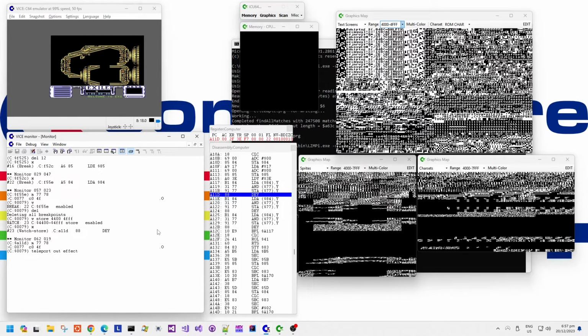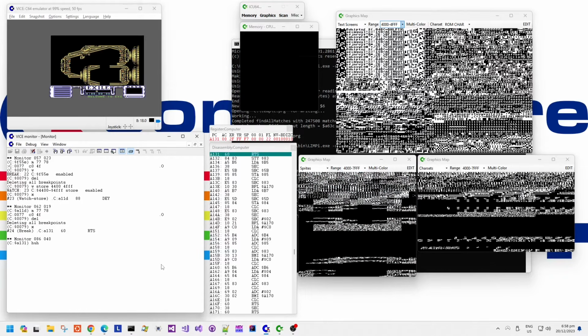When you're debugging this and trying to figure out what code does, you have to make some educated guesses, and you have to take into account the context of what is going on in the game at the time, and then apply the context of what you see in the game to what you think the code is doing based on the code structure. So that's what I think that's doing. And yeah, you can see once that code has finished executing, it has significantly faded out or removed pseudo-random pixels